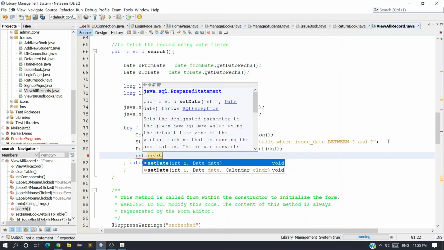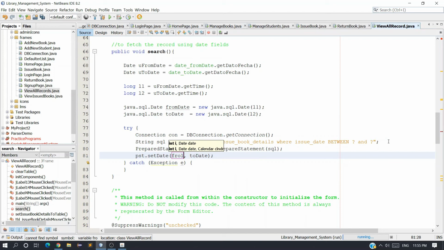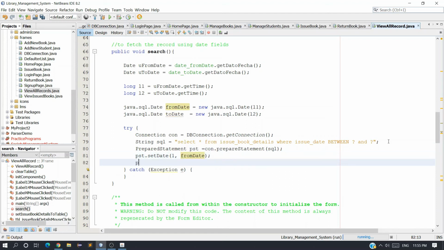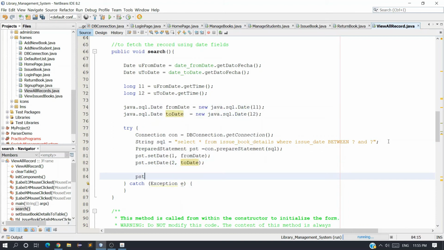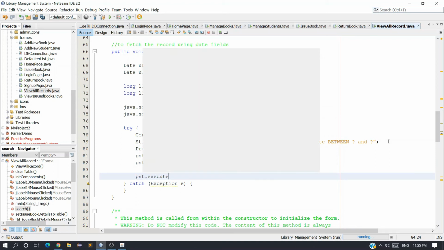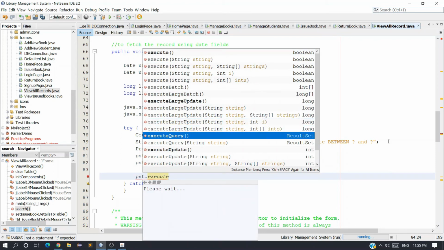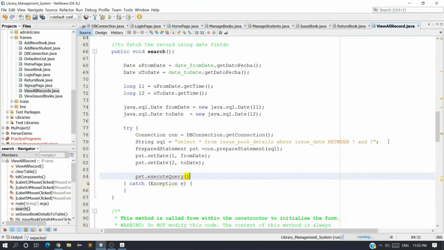First I'm going to set the from date at the first index with pst.setDate, and second is the to date. Finally, execute this query. Because it is a select query, for select queries we use the executeQuery method, and just take the result into a ResultSet, rs is equal to that.